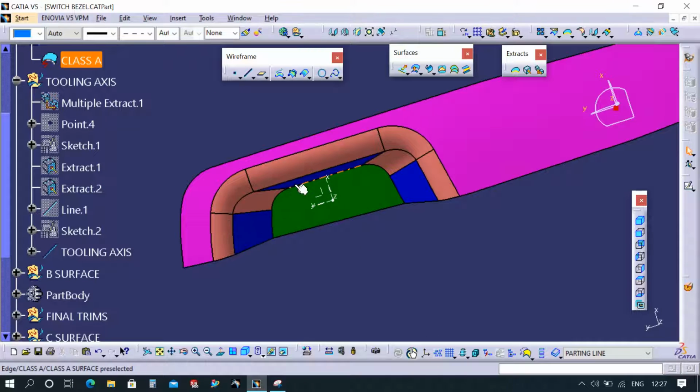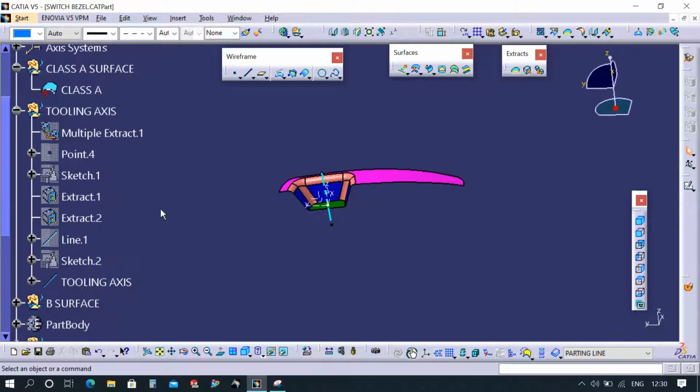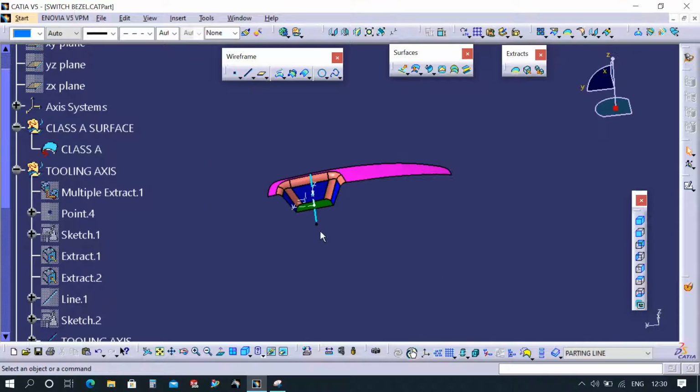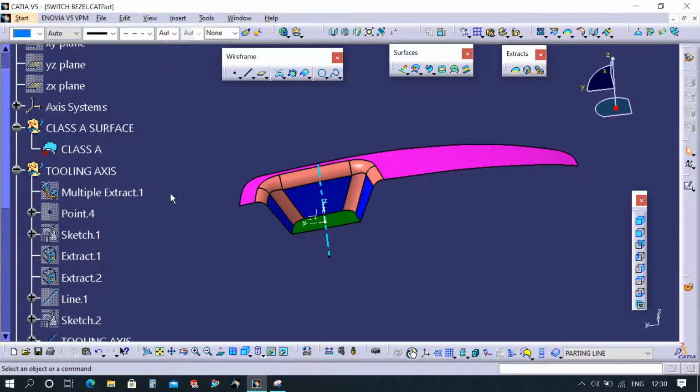Basically you have to show the surfaces. If those surfaces are visible, your tooling axis is correct. Okay, leave this one. So we have made the tooling axis, and now I'll tell you how to create the B surface.